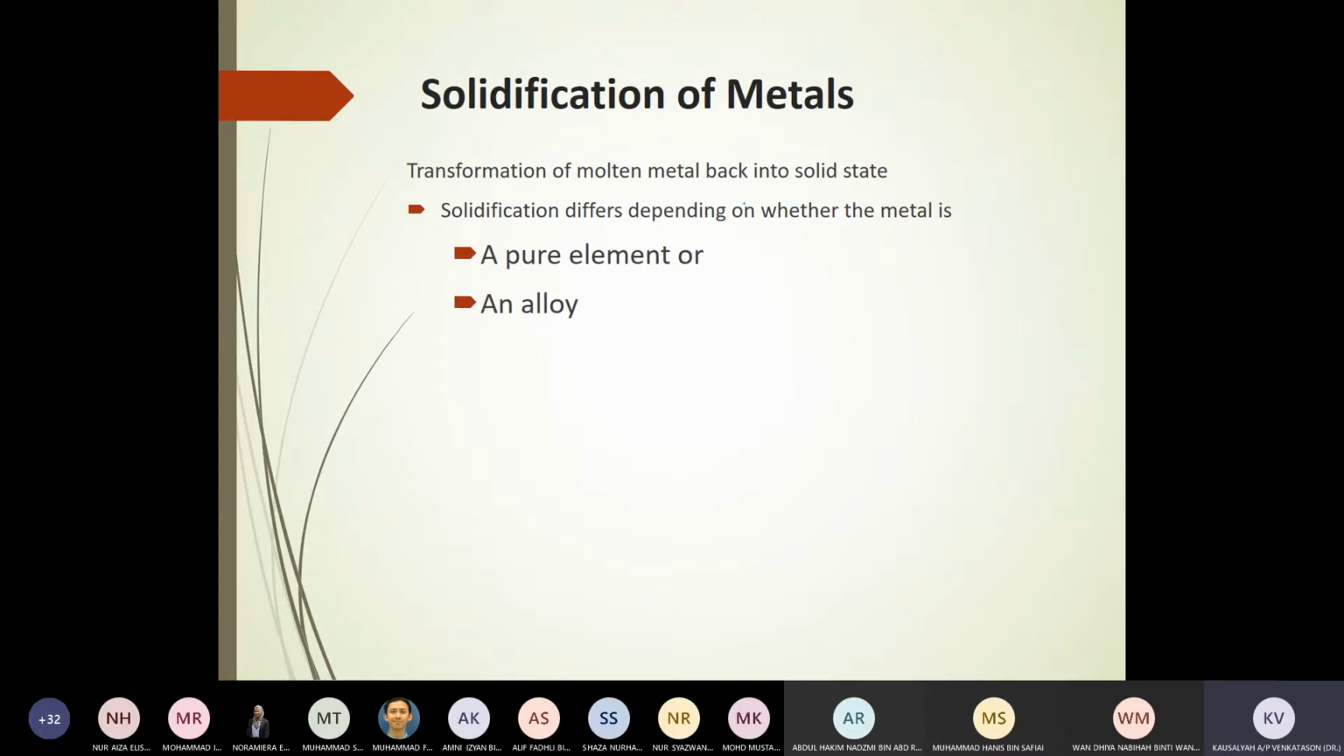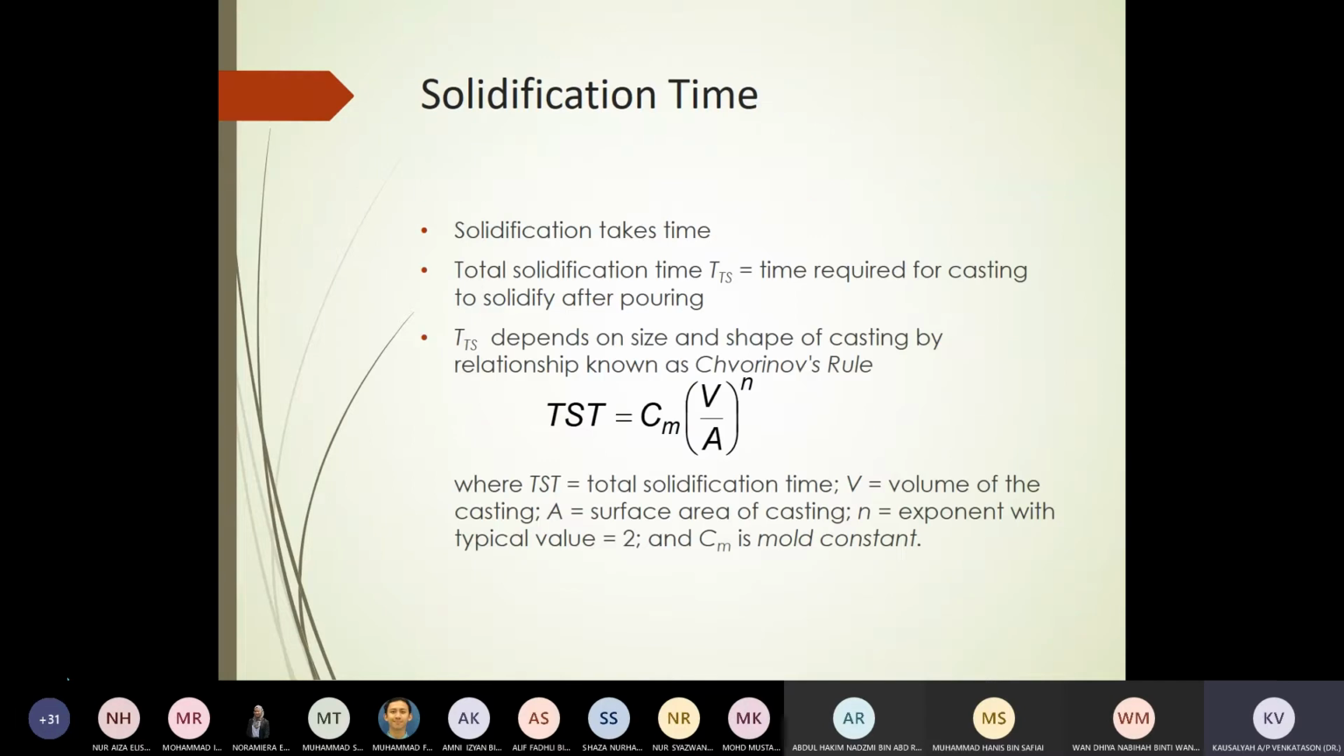Solidification of the metals, transformation of molten metal back into its solid state. Solidification differs depending on whether metal is a pure element or an alloy. Of course, that's how it returns back to its shape. So the time taken for solidification, Ts, is the time required for casting to solidify after pouring. And it depends on the size, shape of casting, by a relationship of what we call the